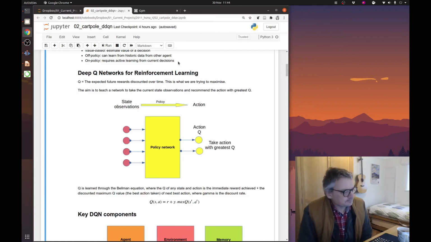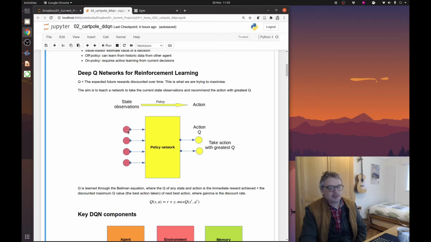Right, DQ networks for reinforcement learning. So here's a very simple schematic. We have our state observations, and for CartPole we have just got 4, which we saw: the x position, the x velocity, the angle, and the angular velocity. We'll have a look in the